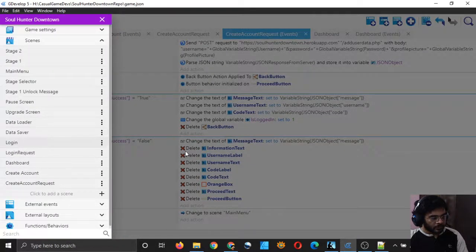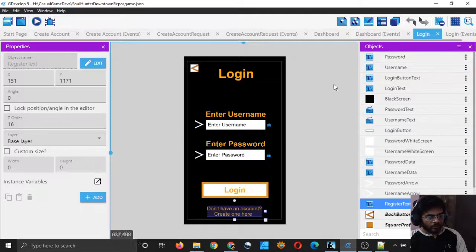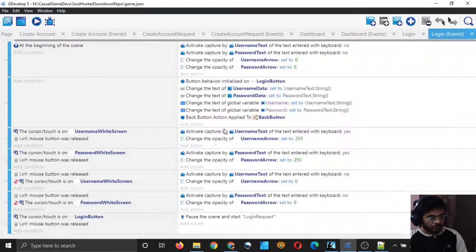So let me go to login scene and I have "don't have an account, create one here." So this will be true. This will be visible. So this will take us to the create account scene. Hopefully it's not yet coded in. So let me add.